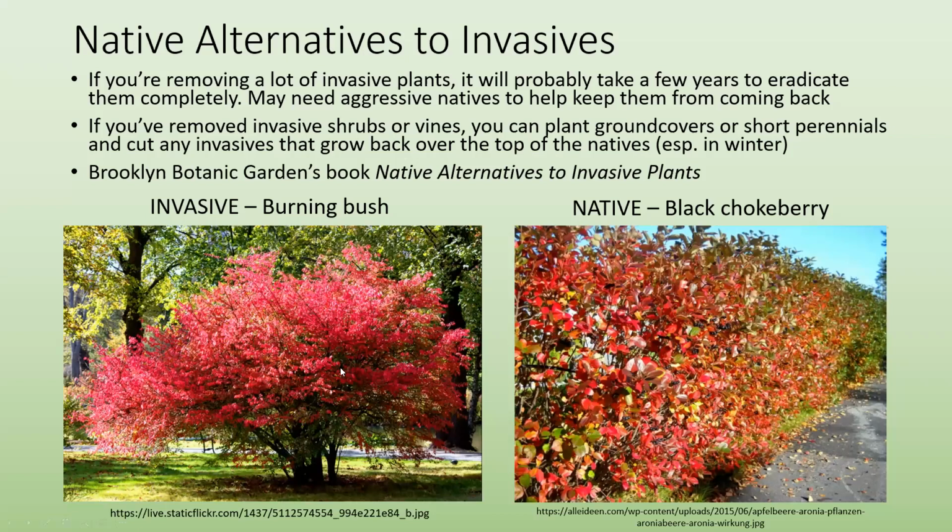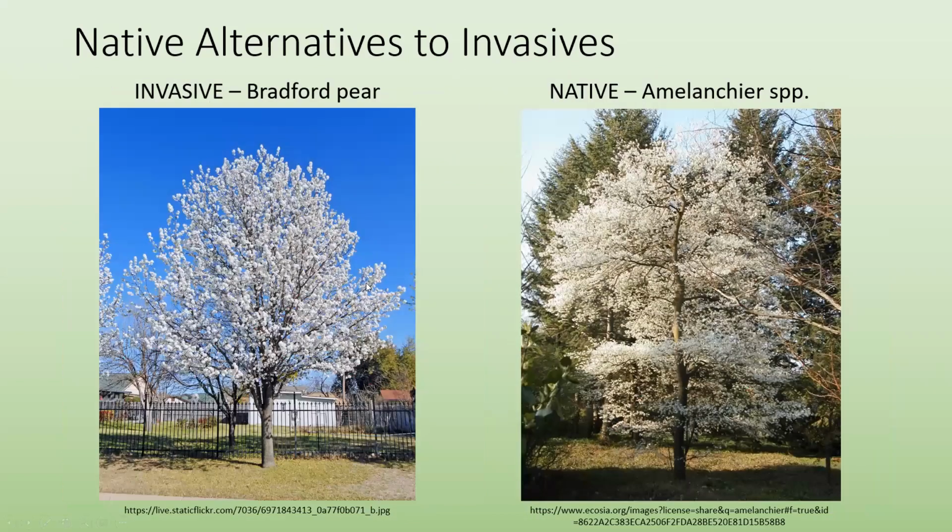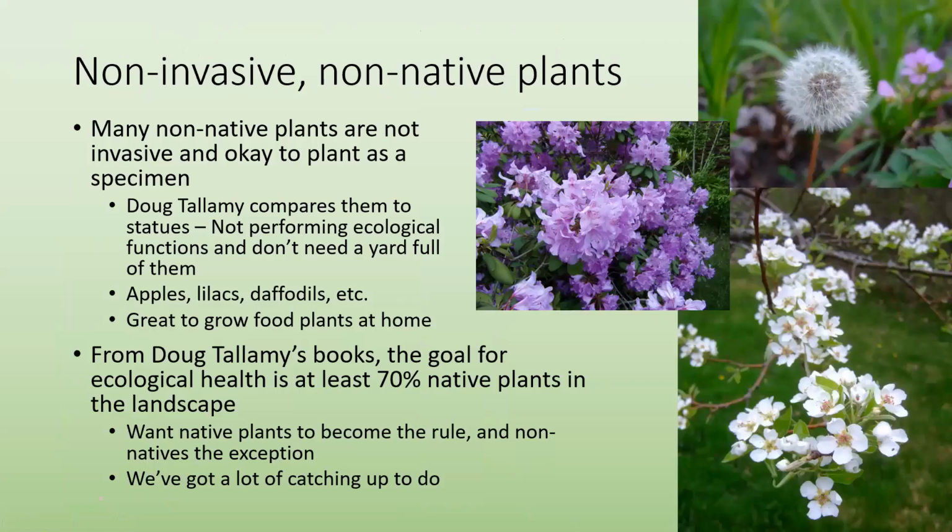Instead of burning bush, use black chokeberry. Instead of Bradford pear, grow amelanchier, which is Juneberry or serviceberry. And some non-native plants are fine to have. Apples and rhododendrons and dandelions aren't doing any ecological harm, but